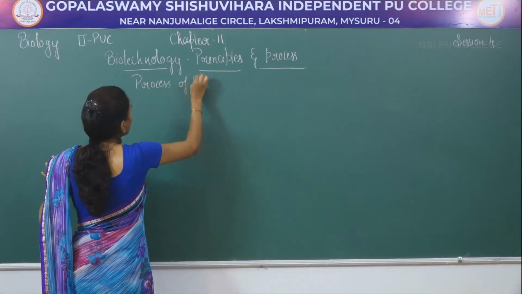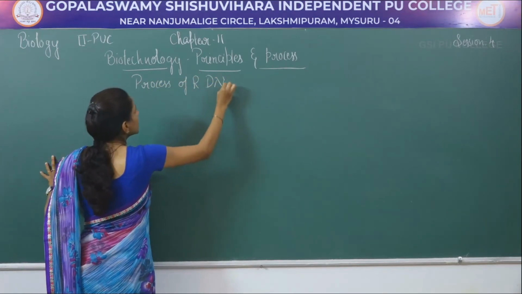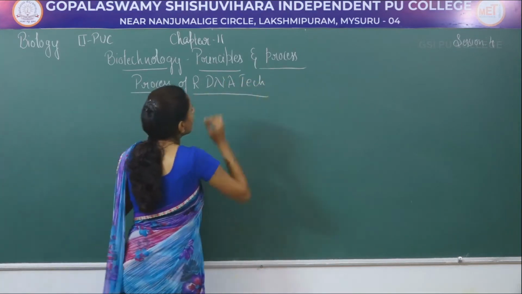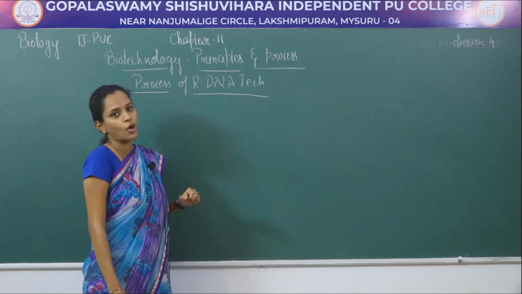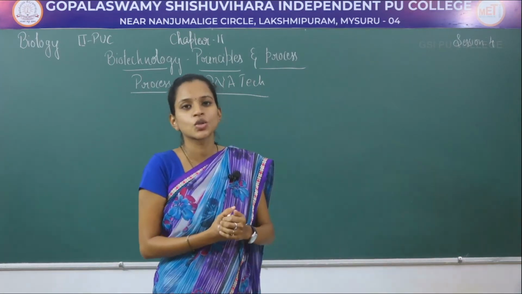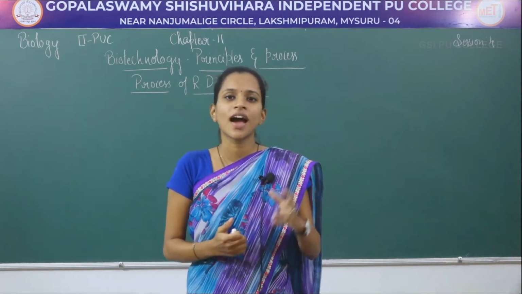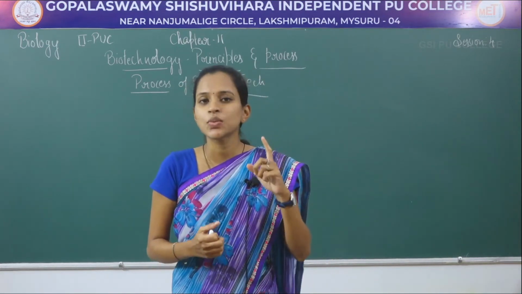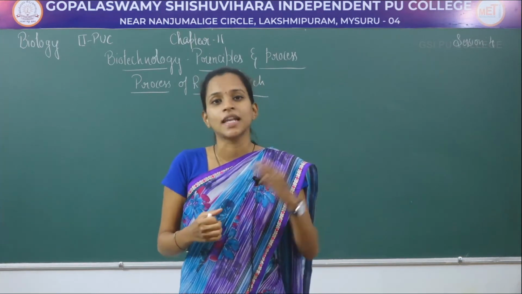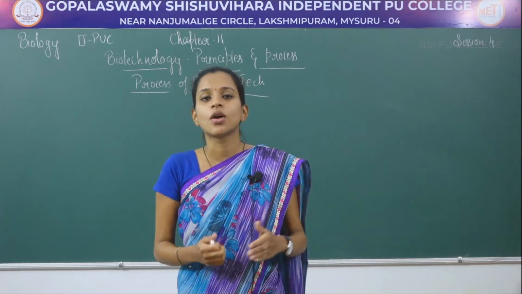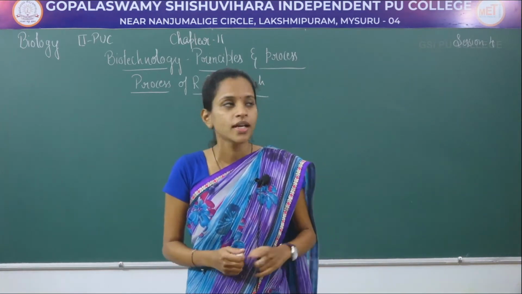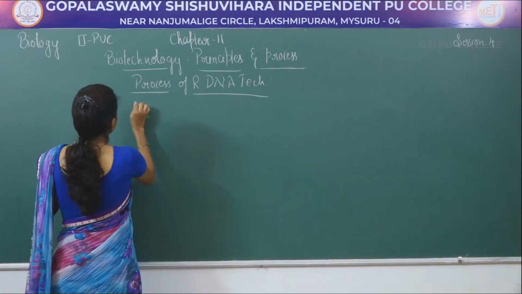Until last class, we discussed some of the very important tools necessary for recombinant DNA technology. So, in today's session, we will be learning about the process of recombinant DNA technology. What are the processes? How can we do this? We will just revise what is to be done. Initially, we have to isolate a DNA of our own choice which has our desirable character. That is what is called isolation of DNA, the first point.